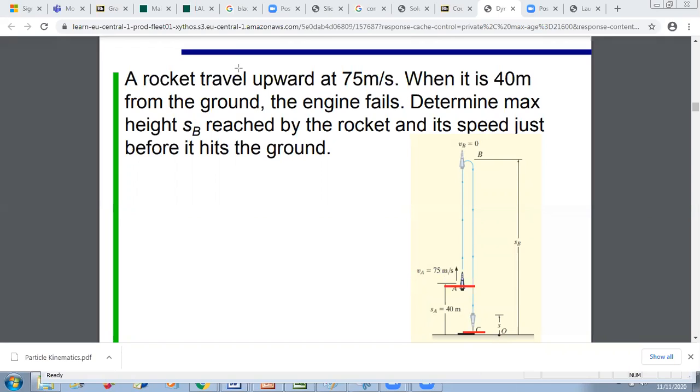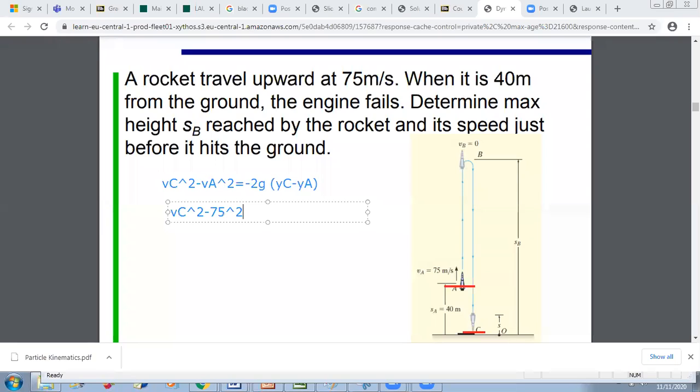So if we do the relation between A and C, we can write that VC square minus VA square is equal to minus 2G times delta Y. Delta Y is Y of C minus Y of A. Okay? So here, if we apply this relation, what will be the only unknown? The only unknown will be VC because I know VA. So I will replace VC square minus 75 square